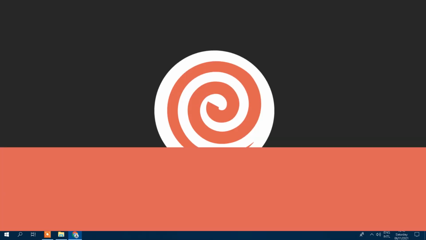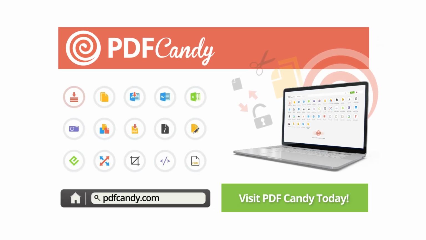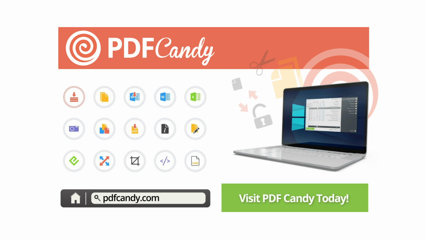All done! Do you need to make a few more changes to your PDF once it's been compressed? No problem. PDF Candy has you covered. Say goodbye to cumbersome software and hello to simple but powerful PDF tools. With just a few clicks, you can use one of PDF Candy's 47 tools to edit, merge, convert, compress, sign,